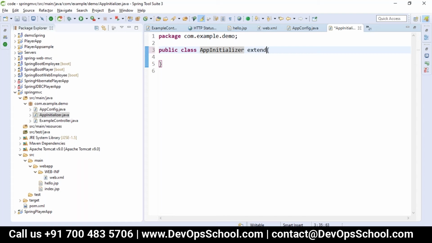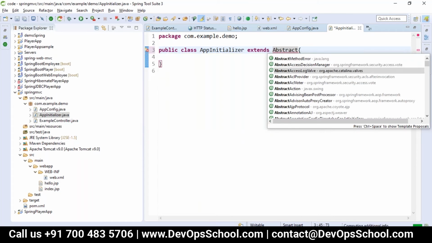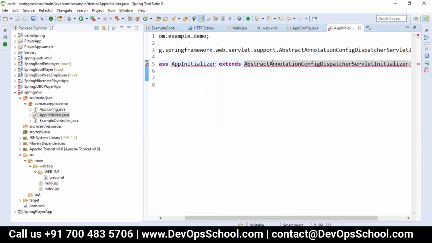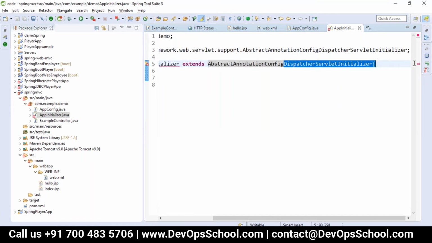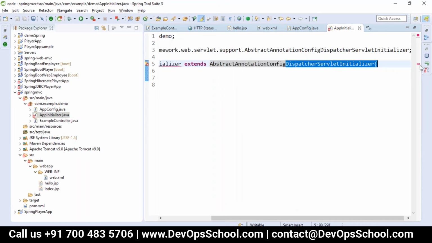So for this, we'll use extends AbstractAnnotationConfigDispatcherServletInitializer. This is the class which does the annotation configuration, which is Java based configuration, plus it does the dispatcher servlet initialization.